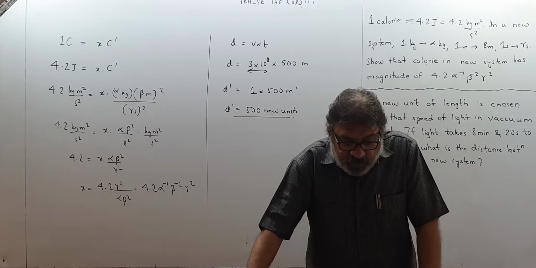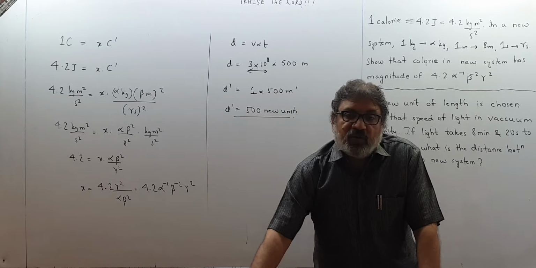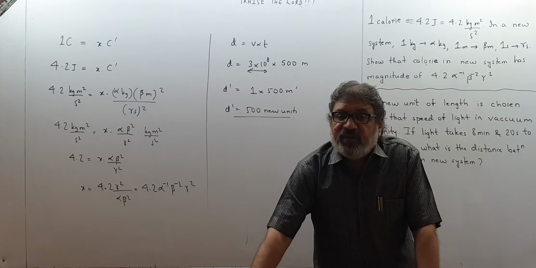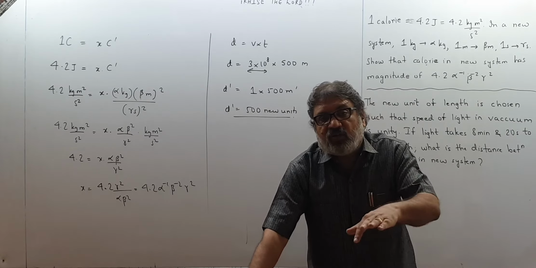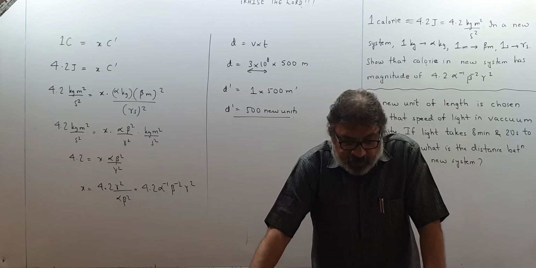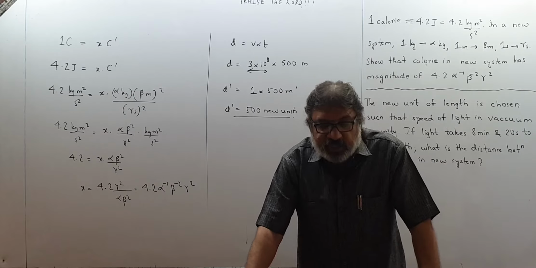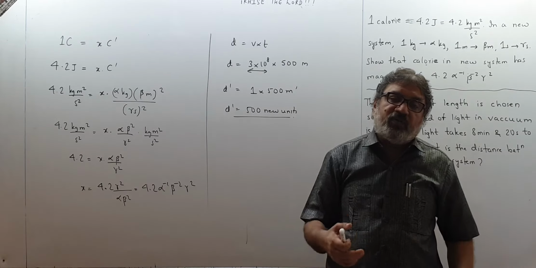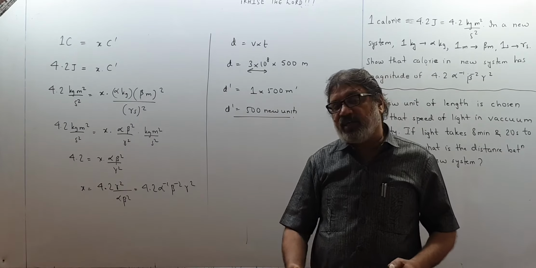Then see, a proton is much more massive than an electron. This is correct because the reference is given. Proton is massive. Massive means having a very large amount of mass. As compared to what? Electron. That is correct. The speed of sound is much smaller than the speed of light. This is also correct because the reference is already given. The speed of sound is less as compared to the speed of light. That is the correct statement.